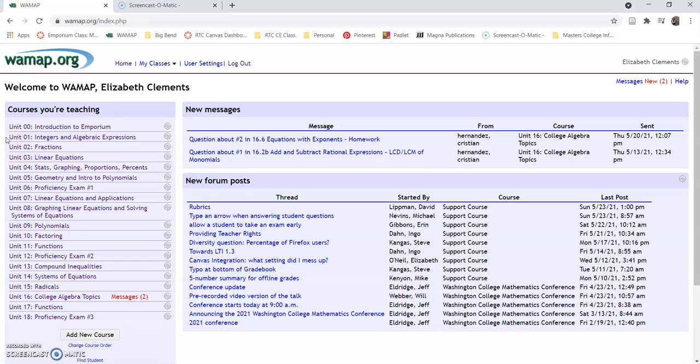After you have done that, you will go to your appropriate unit. If you are in 94, you will get the code for Unit 1. If you are in 98, you will get the code for Unit 7. And if you are in 99, you will get the code for Unit 13. I'm just going to demonstrate with Math 94, so if you're going to go to Unit 1,